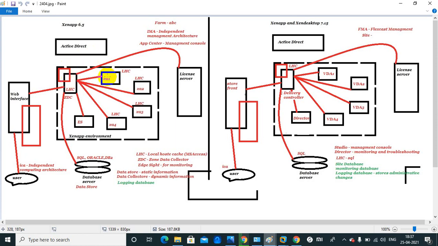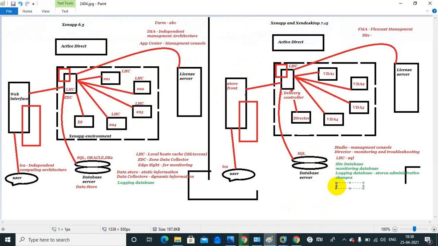Here I need to provide the farm name and it will join the first machine. Same here, I need to install manually here also. So each machine, every time I want to create a machine in XenApp 6.5, I need to create it manually. So it's a manual process in the older version, but in the newer version it comes with